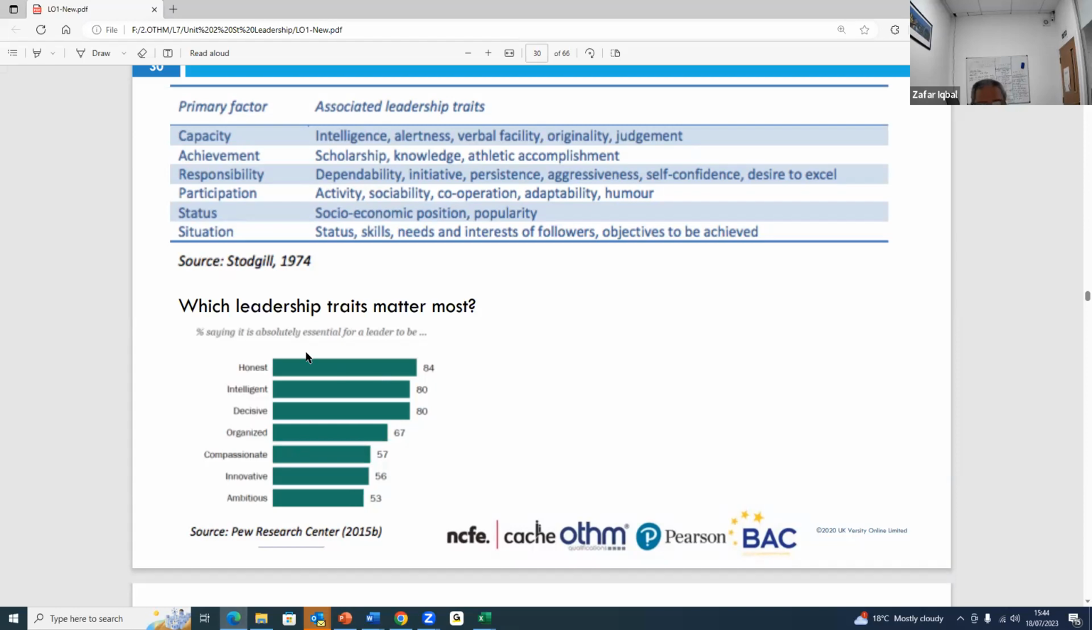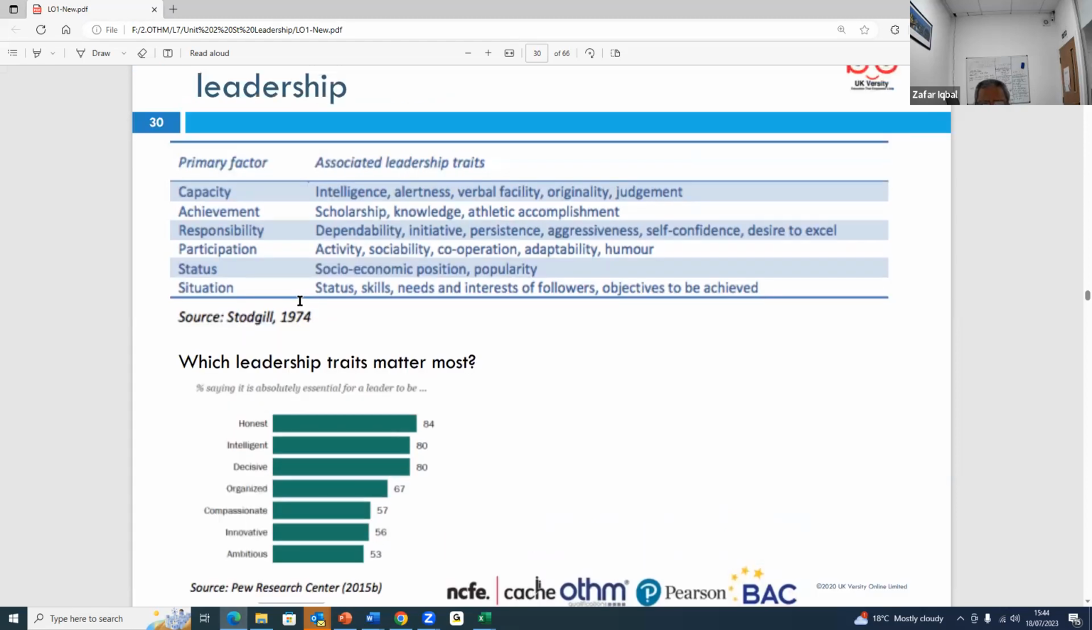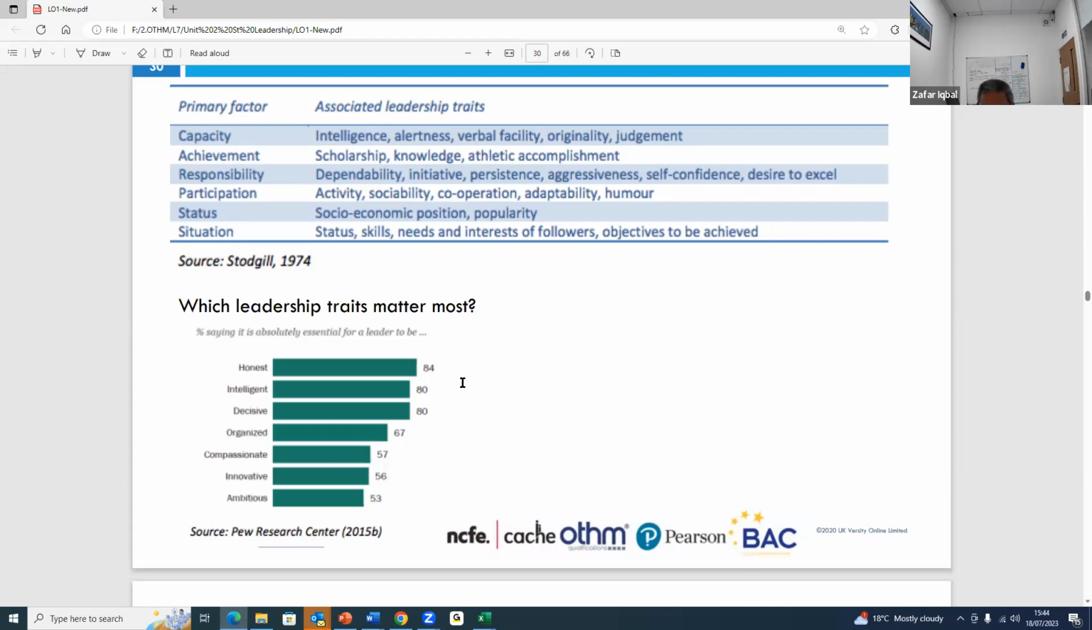So, for example, if you are looking at capacity as a primary factor of leadership, then it's associated with originality or judgment or intelligence or alertness or verbal facility. If you're looking at another leadership trait which matters most, then of course,